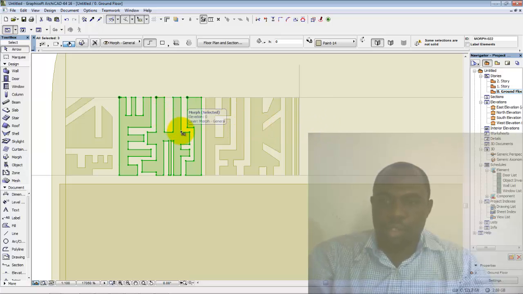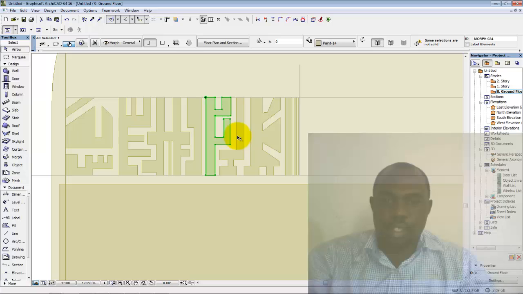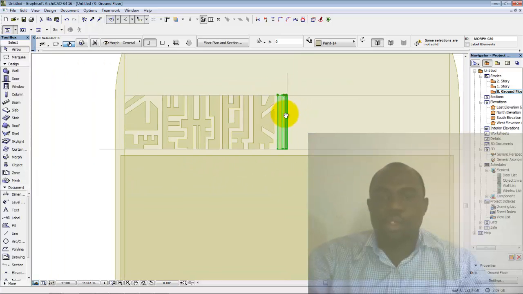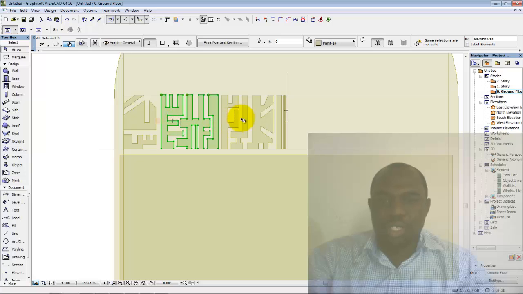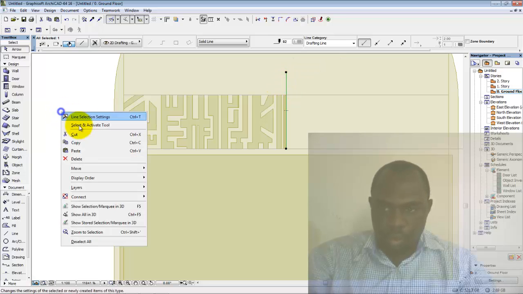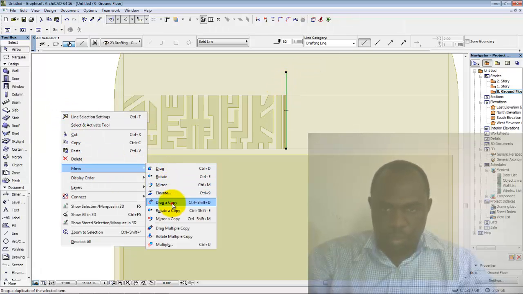So I'll group this, select this one, I group it, Control G, select this ones here, I group it, Control G. So right now what I'm going to do is I'm going to stagger patterns. So in doing that, let me just drag a copy of this,